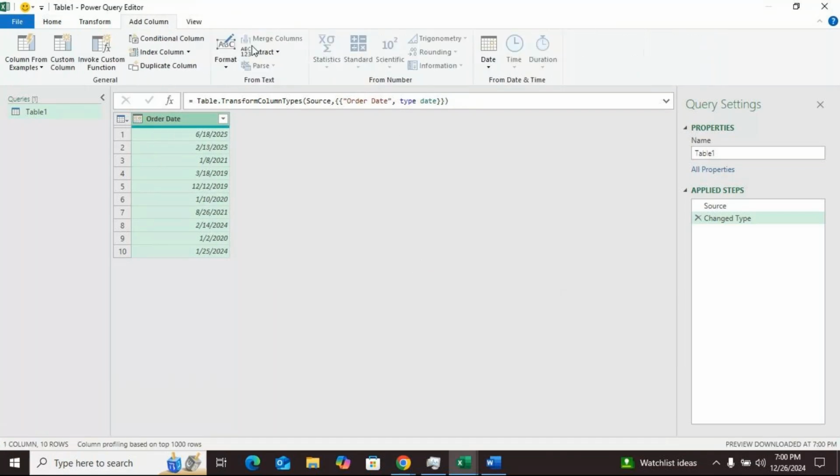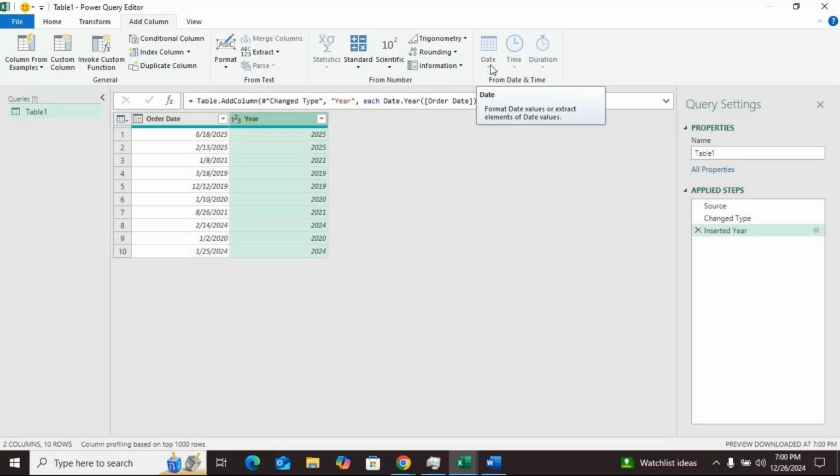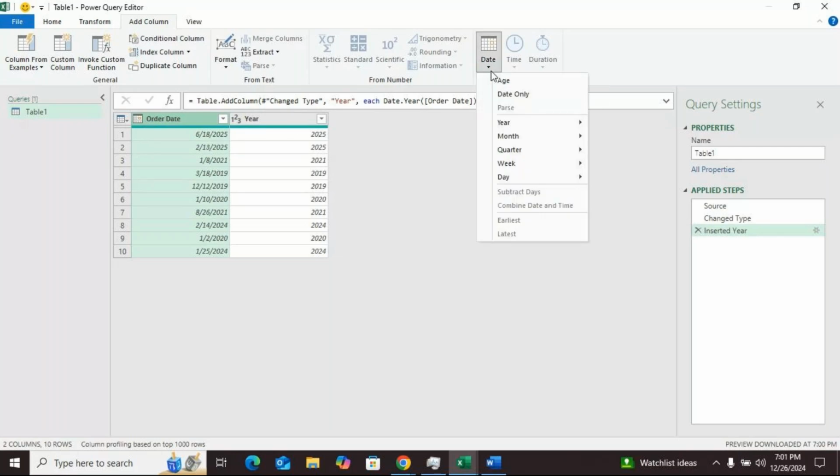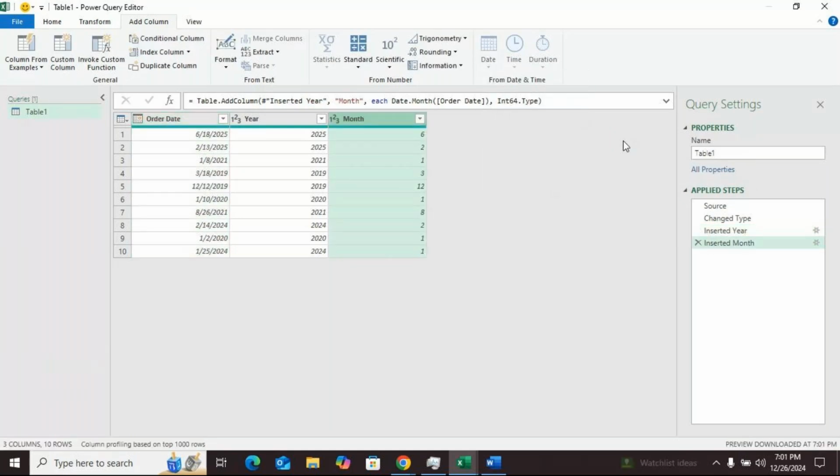Go for add column. I want only year. Select only year. Again, go for date. You should select this order date. Okay, select order date. That is why I was not getting it. Select this order date. From that, I want to extract only month. So it is showing you 6, 2, 1 like this. If you are not able to understand that,